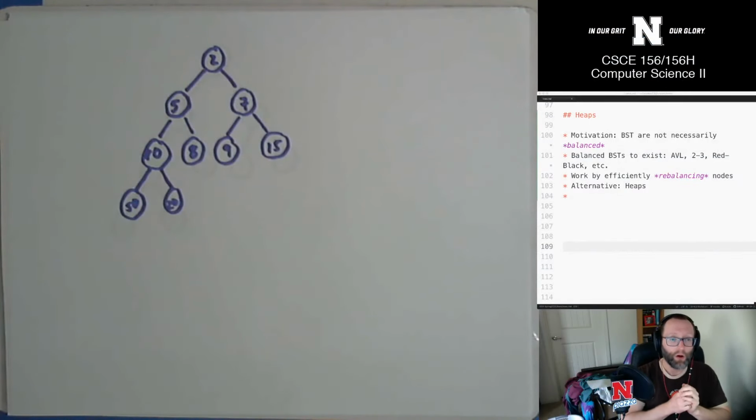Well, there are what are called balanced binary search trees: AVL trees, 2-3 trees, red-black trees. There are at least a dozen, maybe 2 dozen different types of balanced binary search trees out there. That goes beyond this course. Basically, the way that they work is by rebalancing themselves. So if something gets too skewed to the right, then you can pull it over, and then it becomes balanced again. We're not going to look at that. Instead, we're going to look at something related that gives us a guarantee on the depth of the tree,